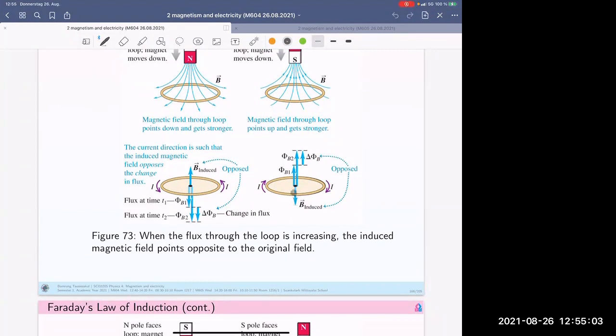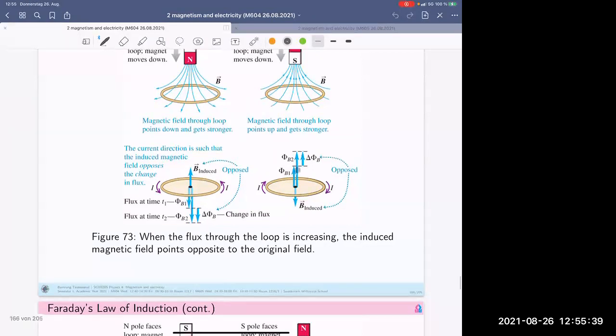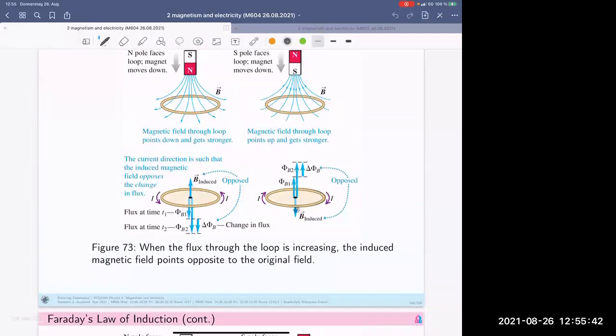Yeah, the induced magnetic flux is going to point in the opposite way again, okay. This one again is pointing in the opposite way to the flux change vector. And here again, the flux change vector is pointing upward, okay, which is opposite to the situation on the left side. The B induced will follow the same, okay. It will have the opposite direction to the flux change vector. Now it's going to point downward, and